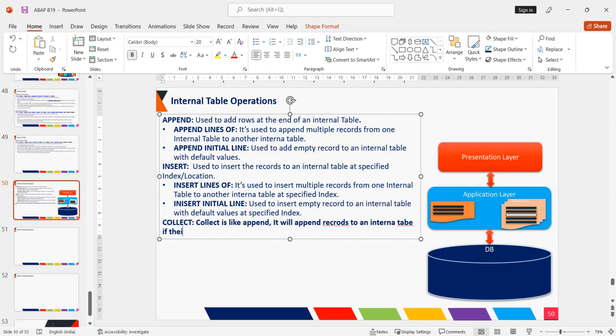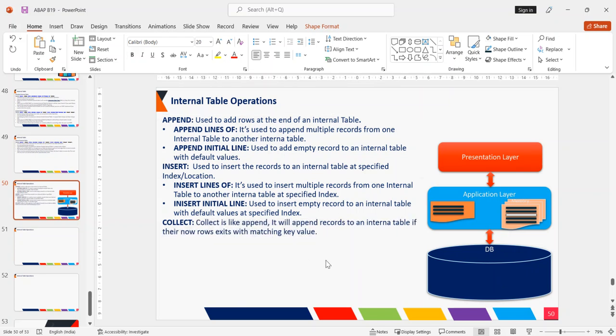If there are no rows existing with a matching key value, in that case it will append that row to the internal table. Let's say, for example, you have